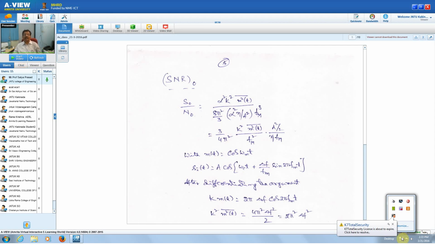Instead of the arbitrary signal, let us say that this m of t is a sinusoidal signal cos omega m t. Therefore, Si of t we can say is A cos omega c t plus delta f by fm into sin 2 pi fm t, where delta f is the frequency deviation. This delta f by fm is nothing but your beta value. So A cos omega c t plus beta sin 2 pi fm t is your frequency modulated signal when m of t is cos omega m t. Therefore, after differentiating the